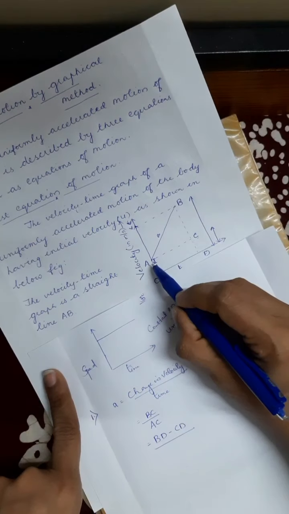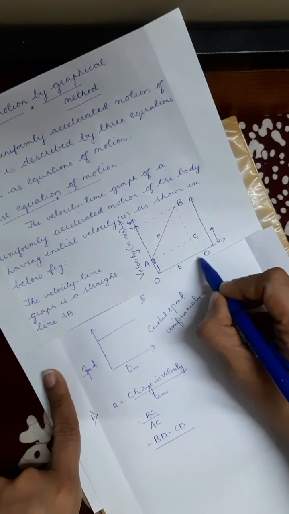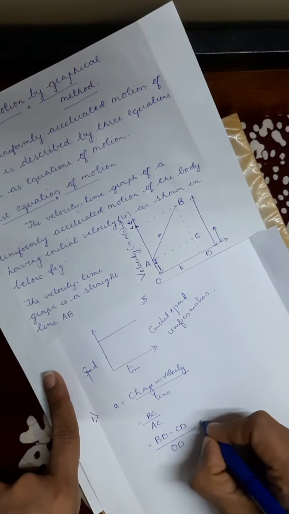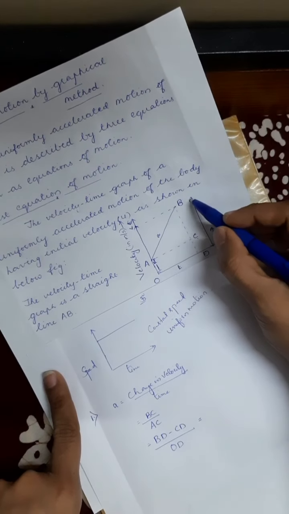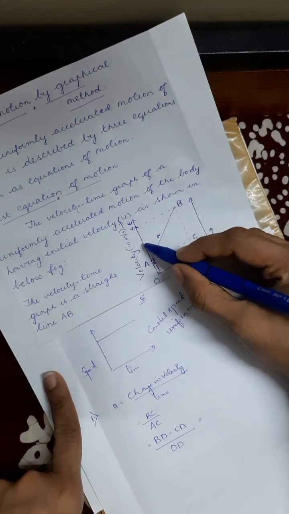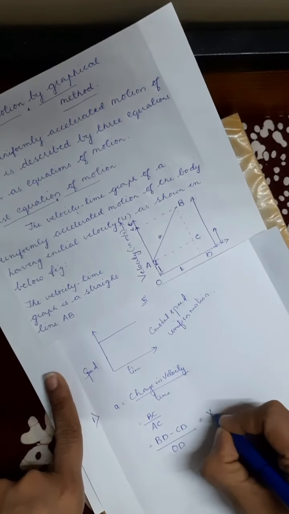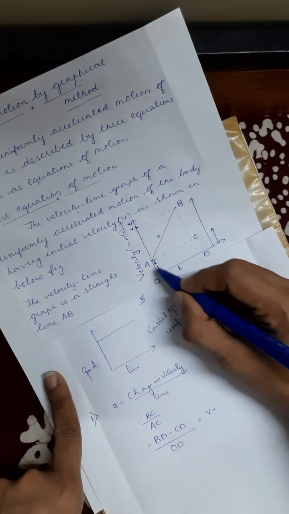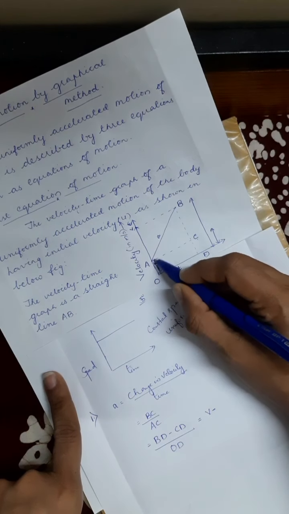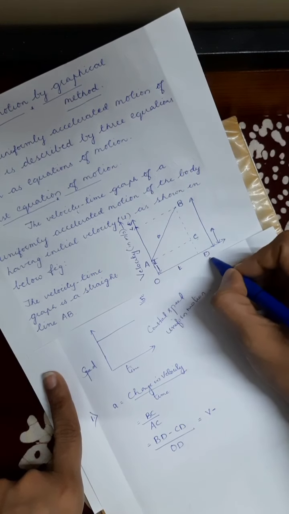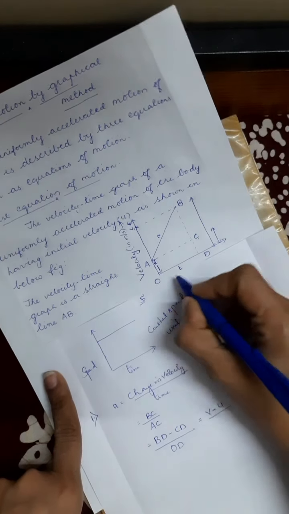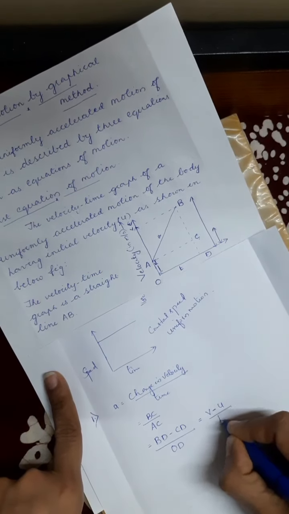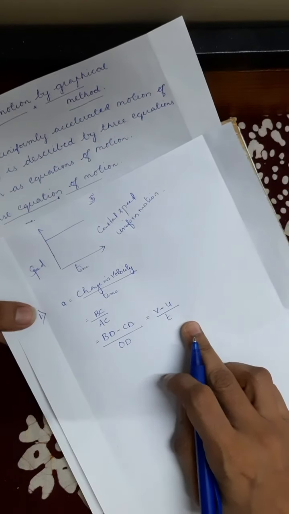Okay, and instead of AC I am going to write OD, which is parallel to AC, right? So I am going to write here OD. Now what I am going to do, I am going to substitute the values for that. BD means the total velocity, which is parallel to the y-axis, that I can write V. And CD is what? CD means the object is already moving. CD is parallel to OA. That means this object is already moving with some initial velocity. So instead of CD, I am writing here U. And OD. OD means what? The total time taken, which is represented by the letter T. So I have written here, we got now A equals to V minus U by T.